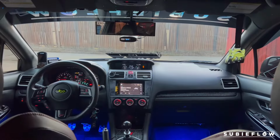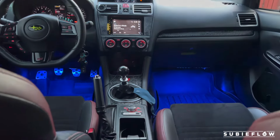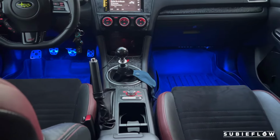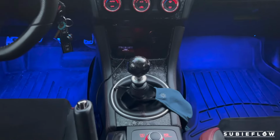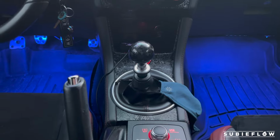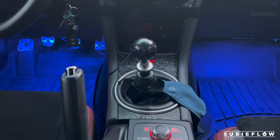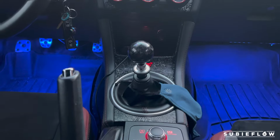All right, let's take a quick look from inside the car. As you can see, we've got some footwell lights down there, a little Amazon action. My shifter is actually from Subie Flow. It is a forged carbon fiber shift knob. It's really easy to install. It comes with adapters, and you don't need anything else for it to work with the reverse lockout from factory,